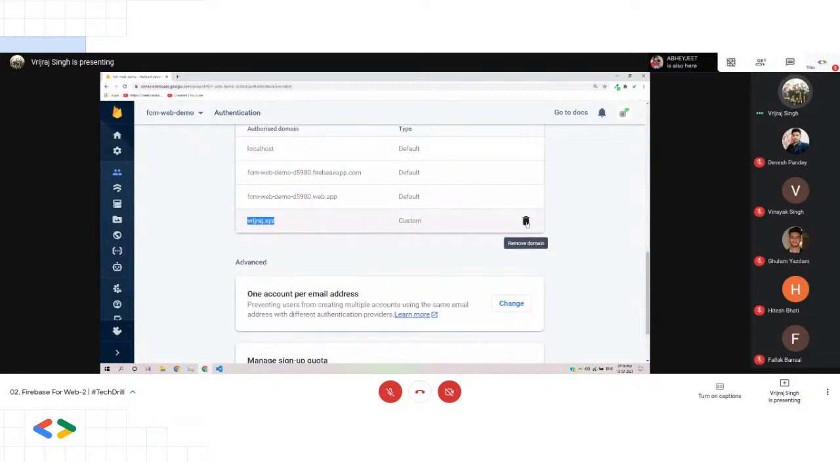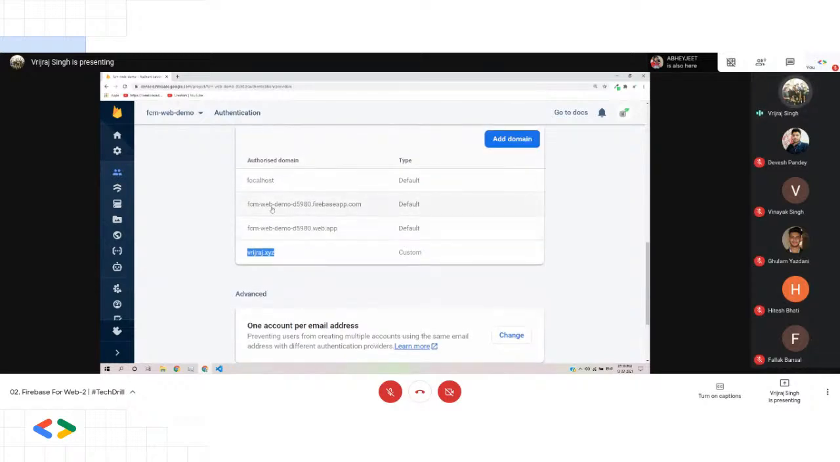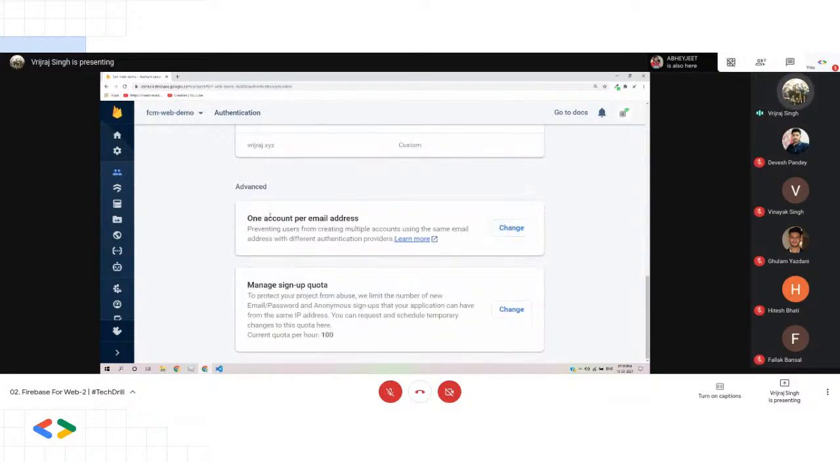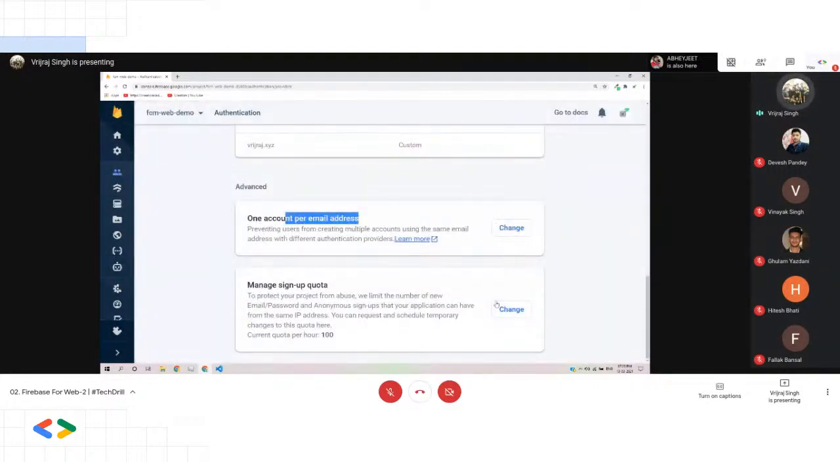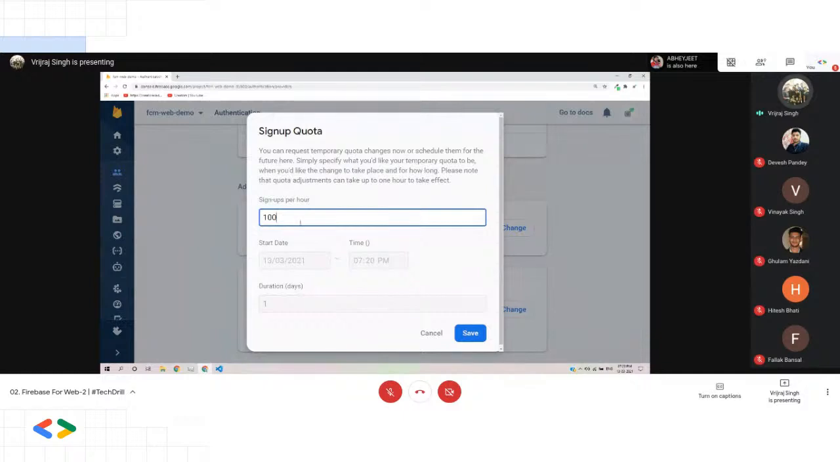For example, there might be a possibility that you are trying to log in with your Google account, but you are using a different URL, so there will be a 404 error. Okay, and there are options like one account per email, so you can do that. Same for the sign in codes, you can change the sign in codes. You can apply some limitations, like per hour you can provide a number, like per hour only 100 users can sign up or sign in, or use your authentication